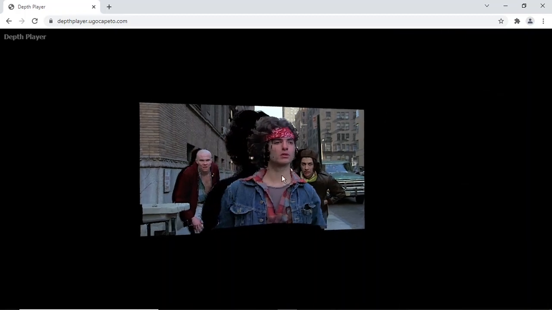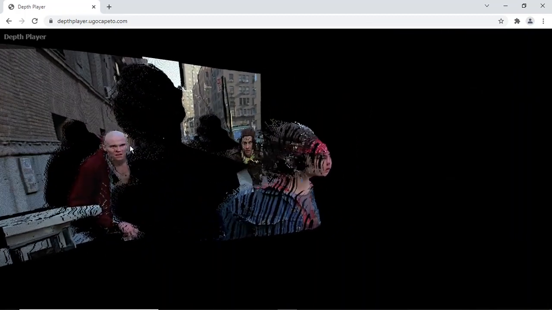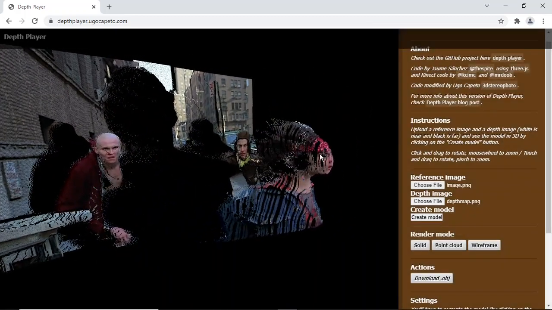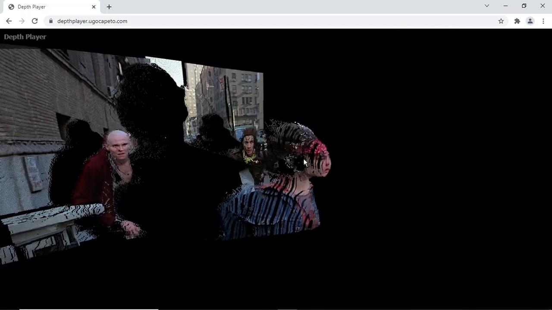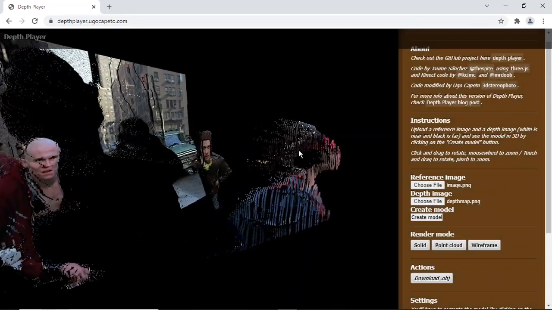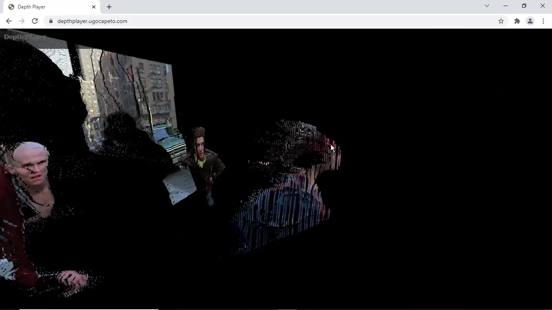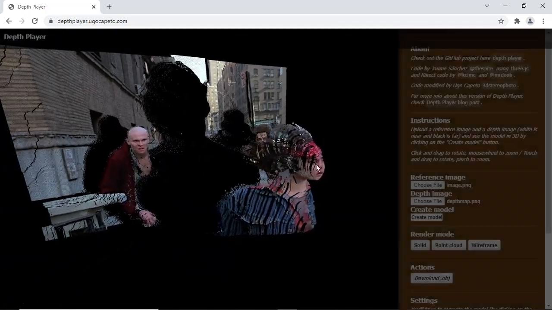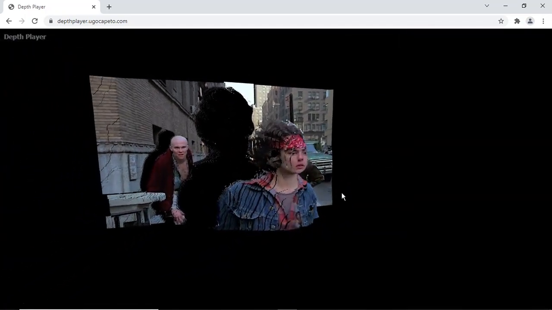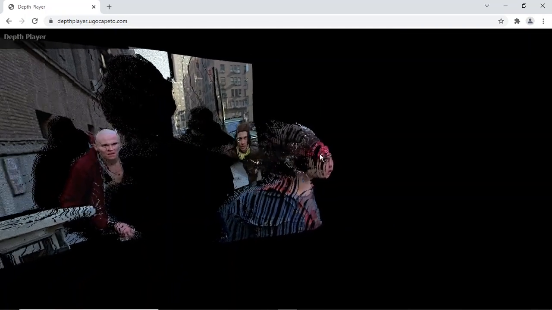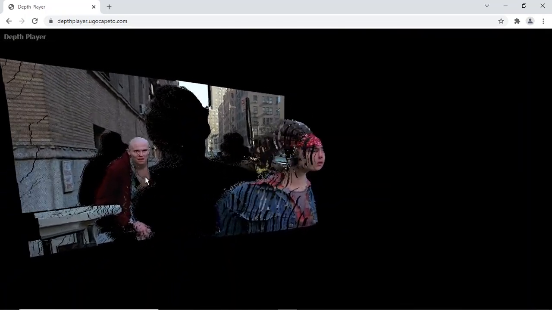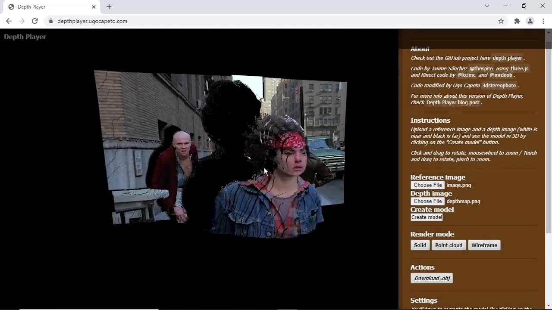Okay, so here we can see this guy, which is the most in the foreground, is a bit alien-like, but it's fine. It doesn't really matter. There's nothing you should do about it. It's fine. But let's look at the